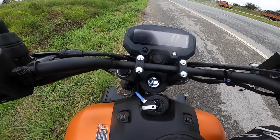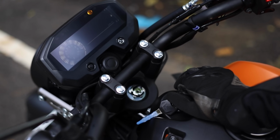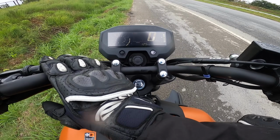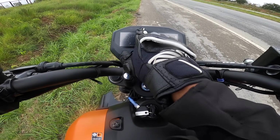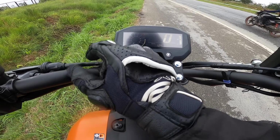And when we come to the dial, what you see over here is the tachometer. It looks really nice. The dash is actually really big. You might be feeling that in the video as well, but to be honest, this is one of the biggest consoles that I've seen in the Yamaha 150 series. So this is the tachometer, and in the middle, there is no gear position indicator, but it shows an